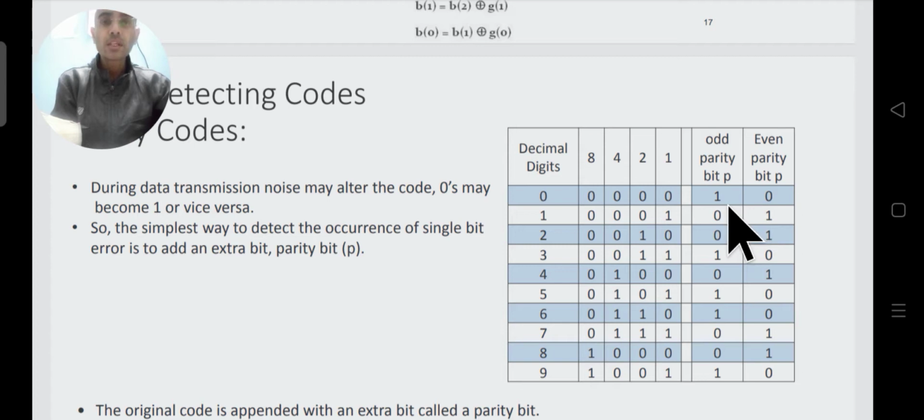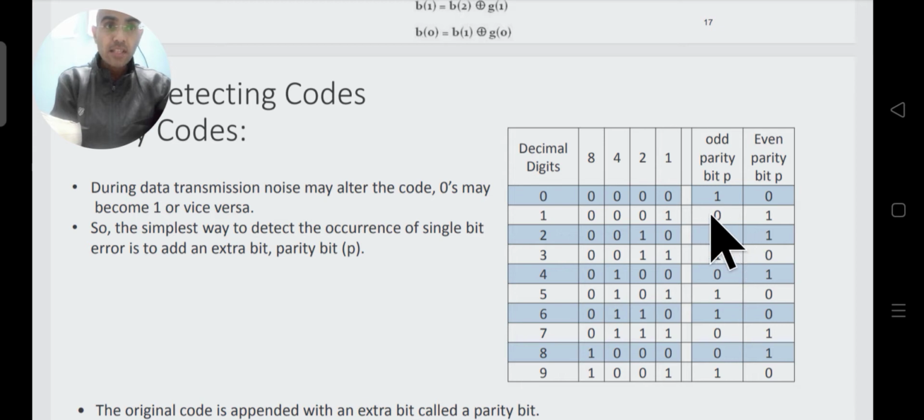If we are using odd parity, the number of ones in the message including the parity should be odd. As there are 0 ones, and 0 is an even number, one should be included to make it an odd number of ones in the complete message. So we'll include 1 here.